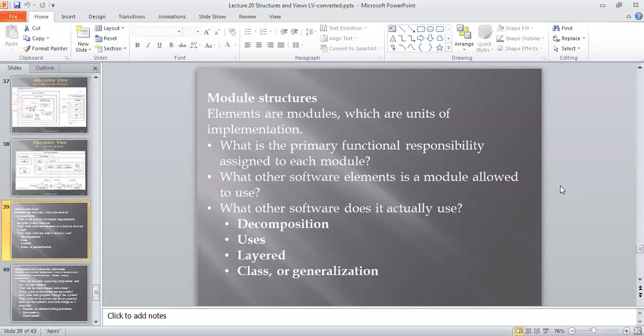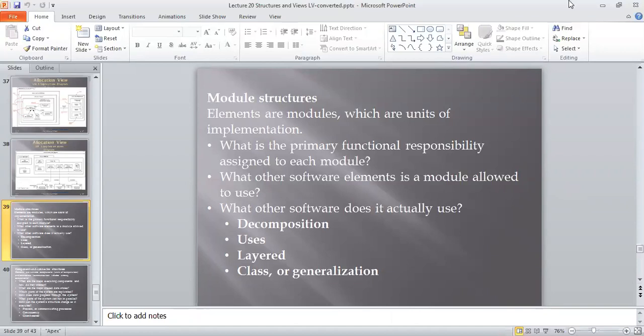The module structure is basically related to the functional requirement or functional view, and the functional view is nothing but a set of elements and their relationships. While considering all modules in one architecture, that means an integrated system, it focuses on some elements.